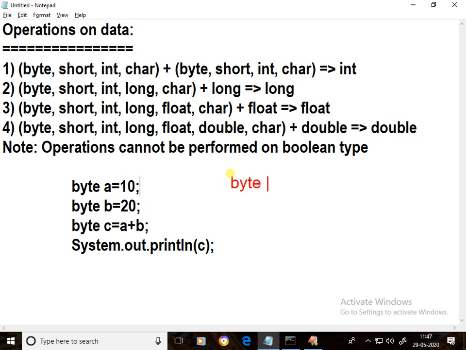Byte c equal to a plus b. Here a is a byte type, b is also a byte type. Byte plus byte, result is integer type.